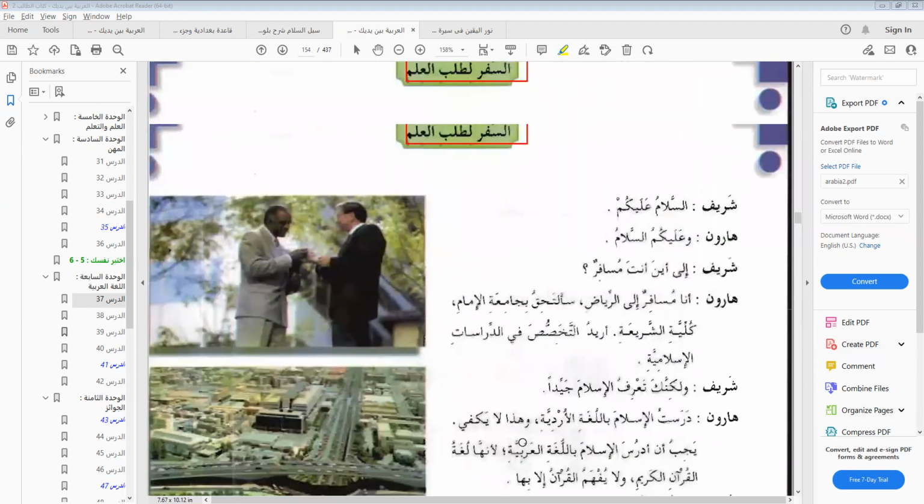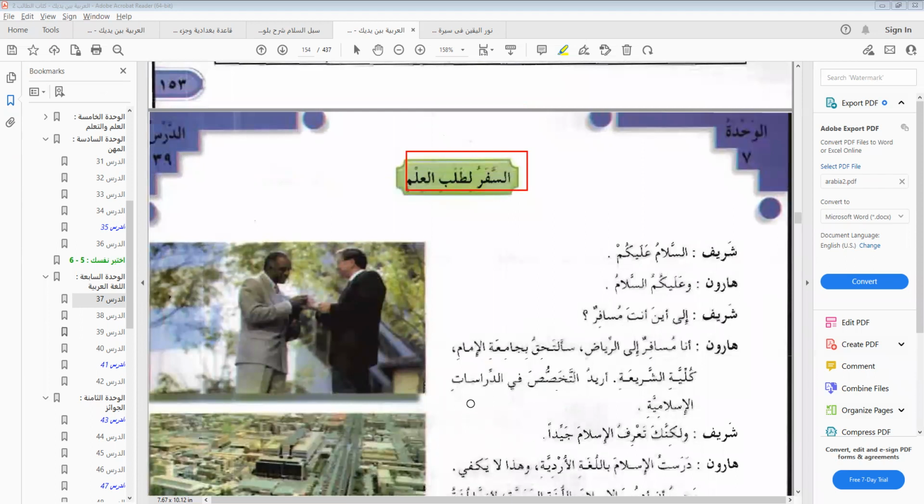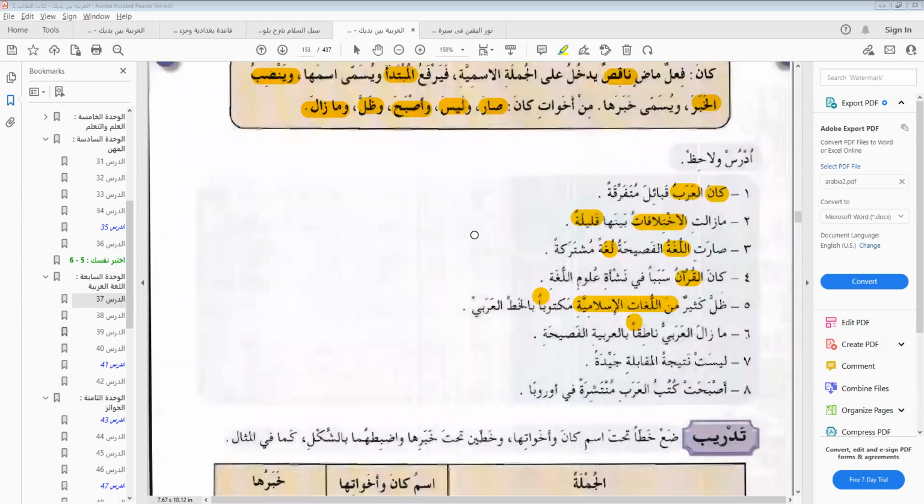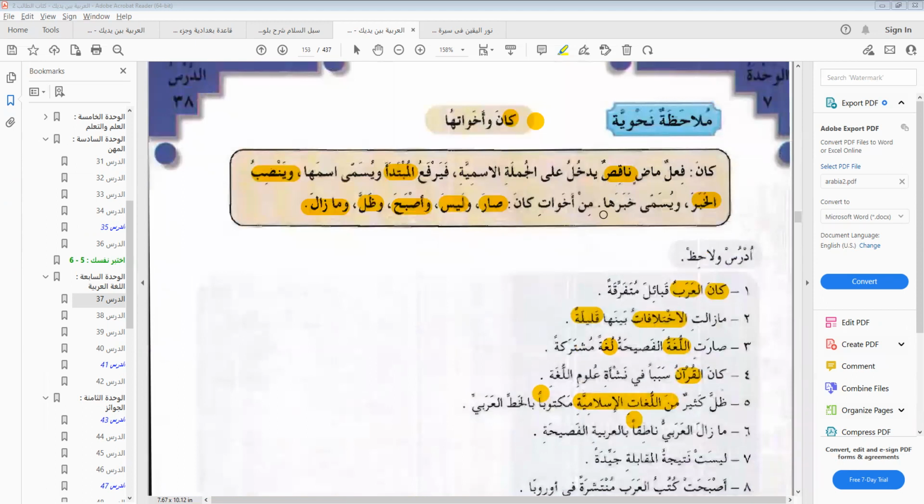So this is between Safar, between Sharif and Harun. Sorry, I think I remember something. I said I was going to talk to you about Naqis. So it's called Fi'l Madin Naqis. It's a verb, kana yakunu. You will see how it's been transformed much later, but not now. So it's a Fi'l verb Madin, kana. The Naqis. Naqis means it's a verb that is a bit not weak, but it is